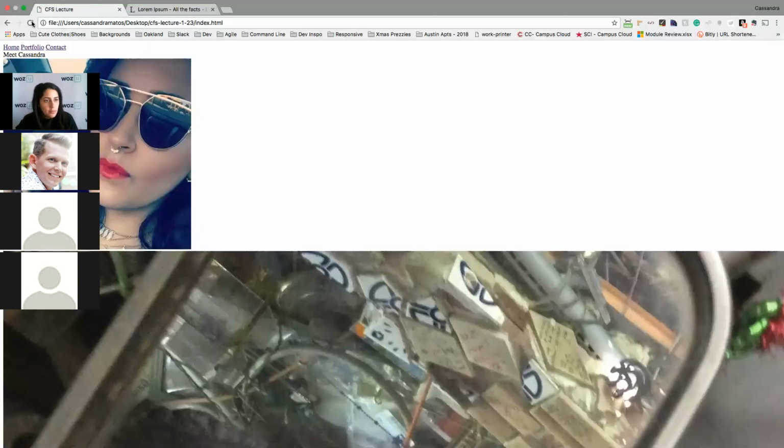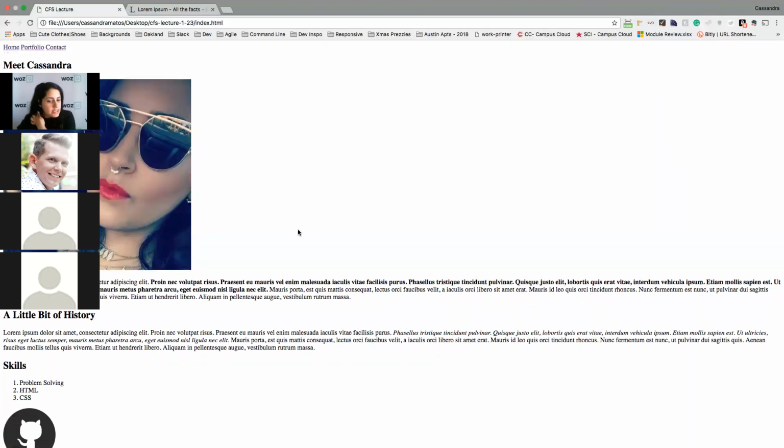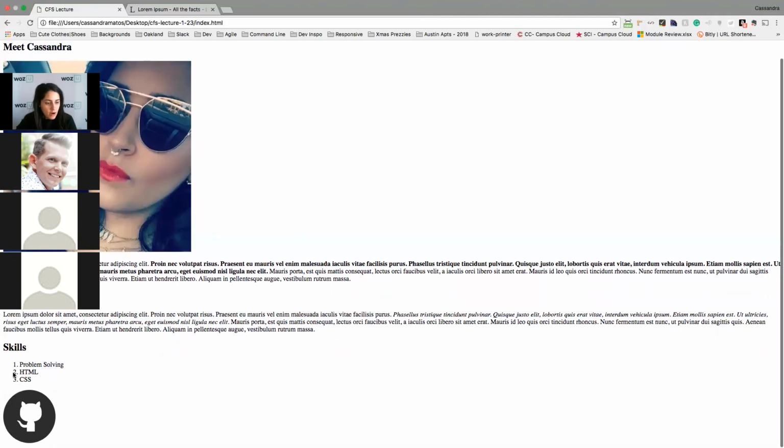Now we can go back to our page, and we can see the difference here. So we see our H1 tags. Now these are headings, and you see that they got a little bit bigger and they're more bolded. Then we have our paragraph element. This one we decided to bold the sentences, and here we decided to italicize them. And then we have our ordered list, where you could see 1, 2, 3.